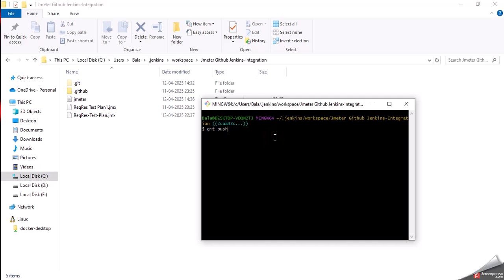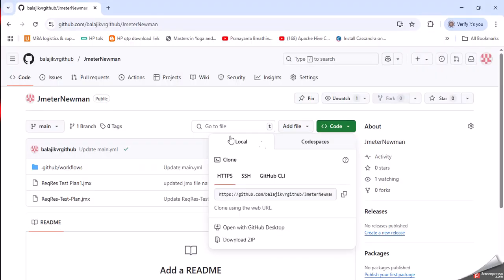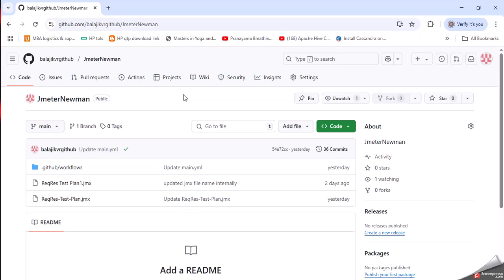If we already have some existing files in the git repo, then we can do a pull, update the file with whatever changes we need, and then do a push. So that's about placing the files in the GitHub repository. Once we have done that,